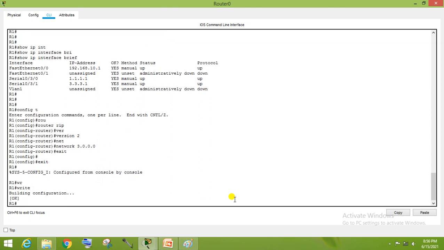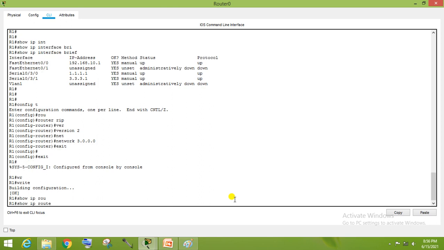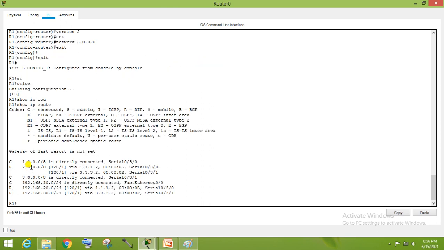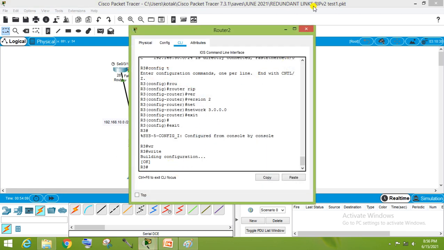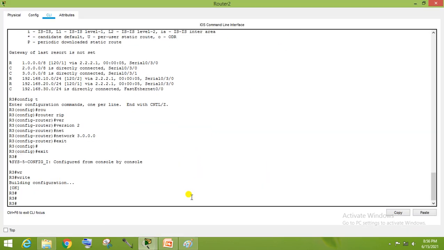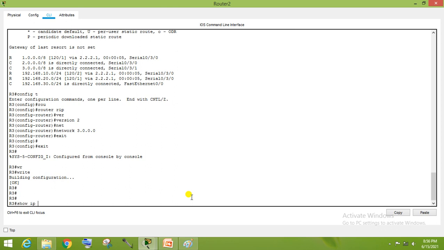Okay, now we have configured. Now we have to check show IP route. Okay, 3.0 is a directly connected route for this router. Go to router number 3, show IP route.